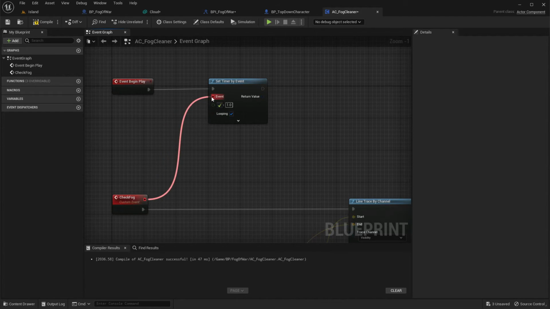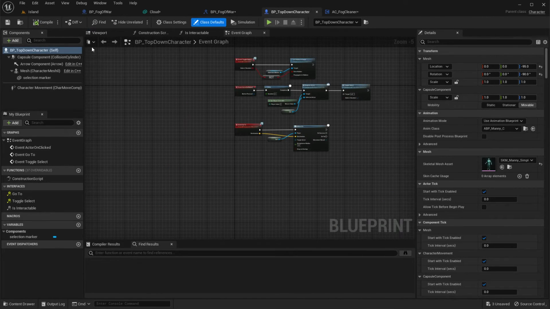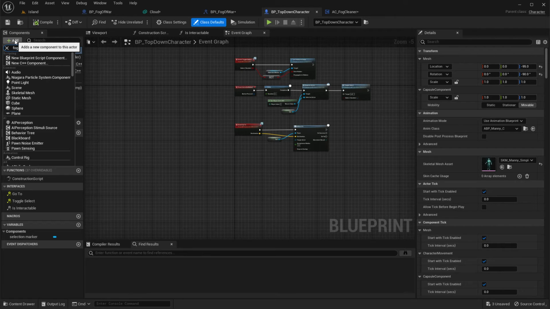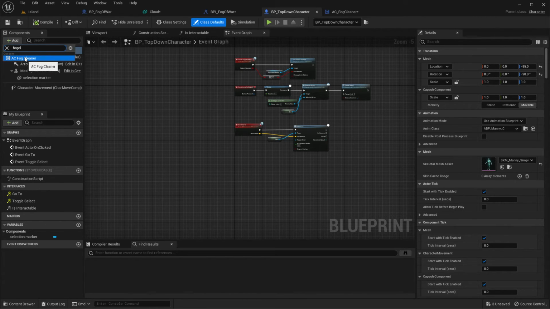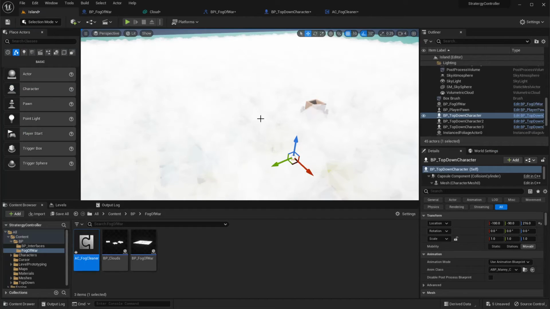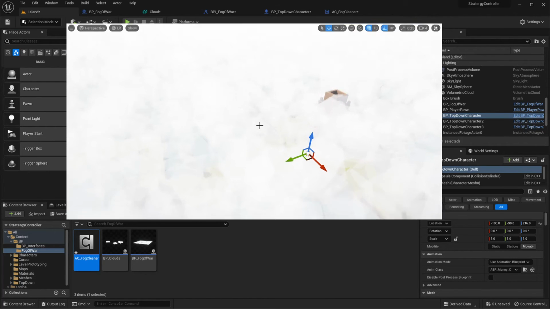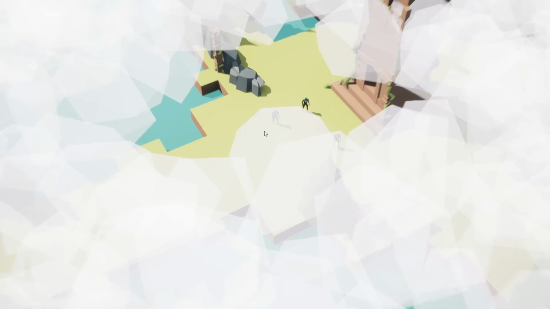We can give the event like this. Now I'll add this fog cleaner into the character, AC fog cleaner. Right, now let's see, now it's clearing out,